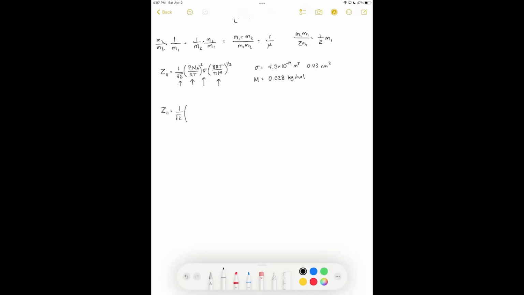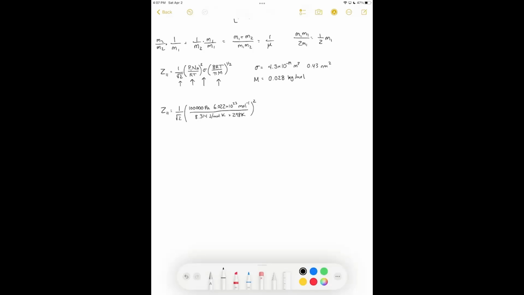Now, the pressure, we're using atmospheric pressure, which is 100,000 pascals, not 1 bar. Then we use Avogadro's number, 6.022 times 10 to the 23rd per mole. We're dividing by R, 8.314 joules per mole Kelvin, and then multiplying by the temperature, 298 Kelvin,